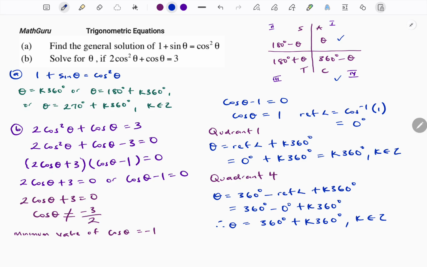So therefore, you can see that I have the same solution for the two quadrants, which is k 360 degrees and 360 degrees plus k 360 degrees, because the 360 degrees does not have an effect because that's a complete revolution round. So therefore, the final answer, the value of theta, will be k 360 degrees, where my k is an